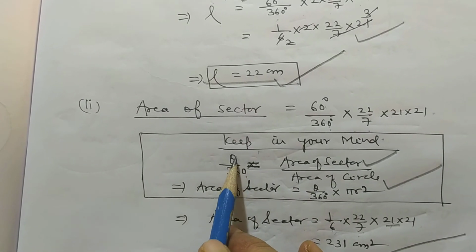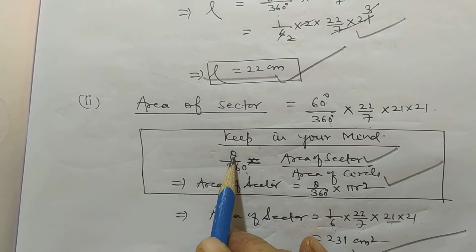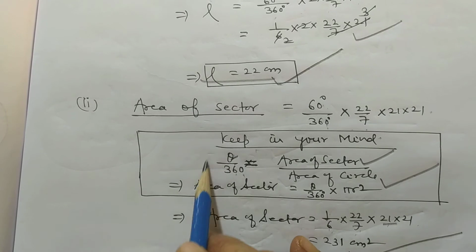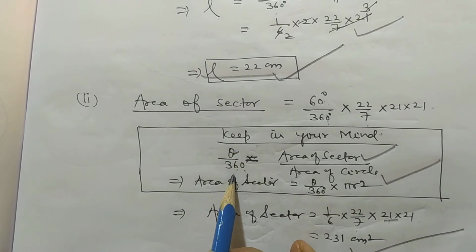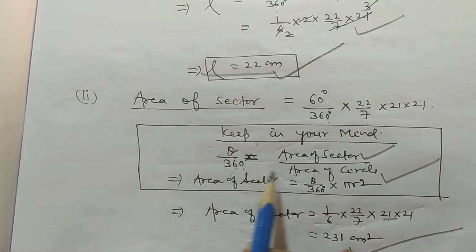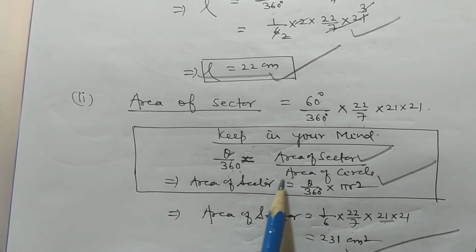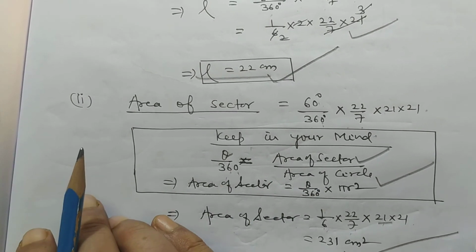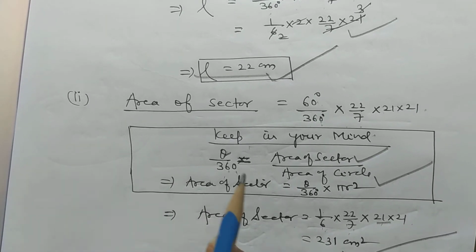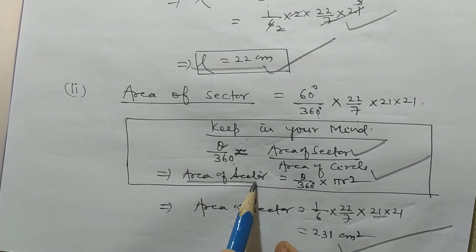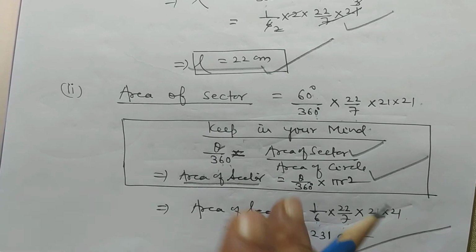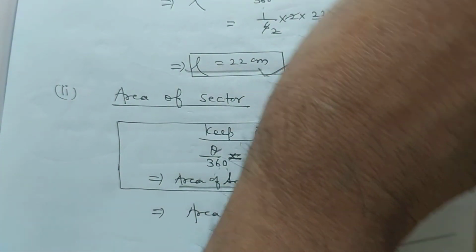We know that सेक्टर के द्वारा, आर्क के द्वारा सेंटर पर बनाया गया एंगल, पूरे सर्किल के द्वारा सेंटर पर बनाए गए एंगल का रेशियो, एरिया ऑफ सेक्टर थीटा इज इक्वल टू एरिया ऑफ सेक्टर एंड 360 डिग्री इज इक्वल टू एरिया ऑफ सर्किल. एंड बाय सॉल्विंग इट वी गेट एरिया ऑफ सेक्टर इज इक्वल टू थीटा बाय 360 डिग्री इंटू पाई आर स्क्वायर.